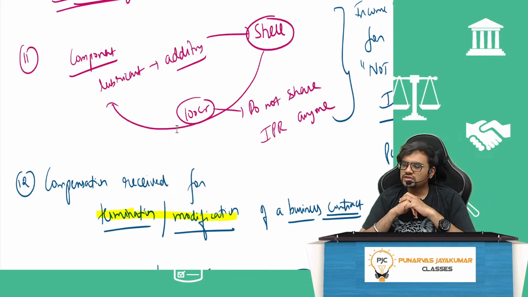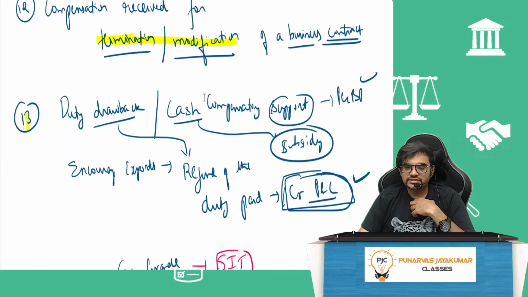I will say, sir, you had given me whole of Karnataka. Now you are only giving South Karnataka. So you have modified the contract. Please pay me compensation. Because you have modified, I am losing so much business. So please pay me compensation. Then I will not do anything. No problem. Otherwise, I will sue you for breach of contract. They'll say, okay, fair enough. I have modified. I have terminated. So for that, what I will do? I will now give you some money. That money is also PGBP. Compensation received for termination or modification of a business contract.